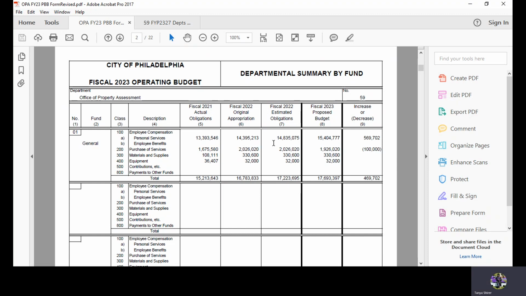Again, you will be copying the formulas from fiscal 22 original appropriations and copying them over to the estimated obligations. And your overall total, if done correctly, should be $17,223,695. And going back to your fiscal 23-27 master schedule,